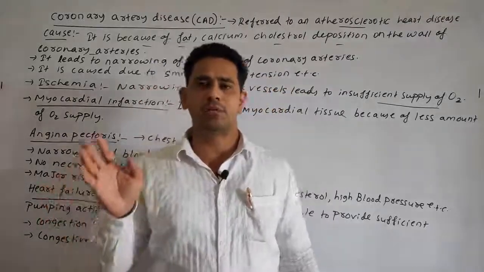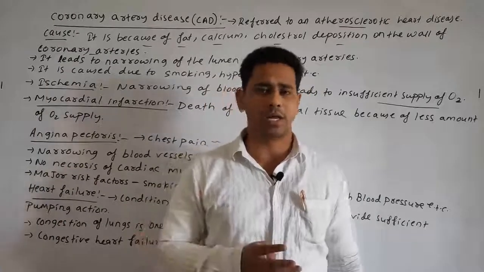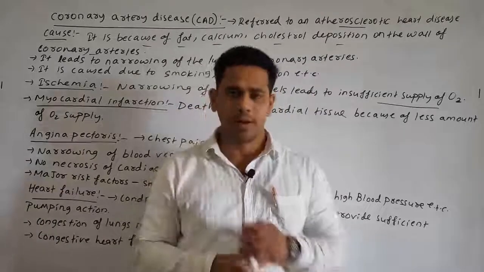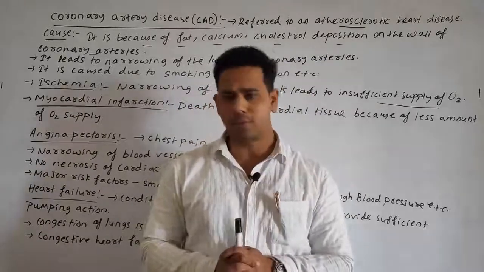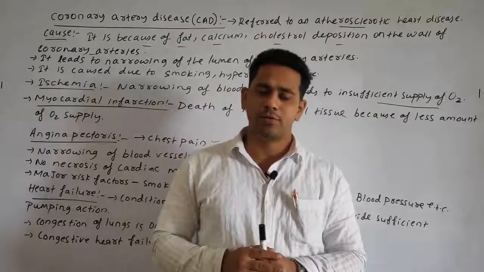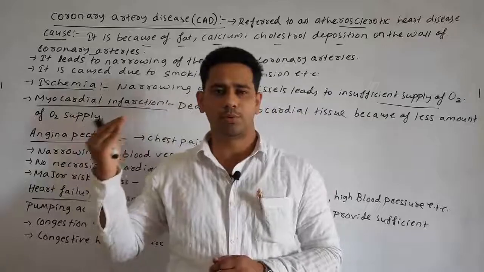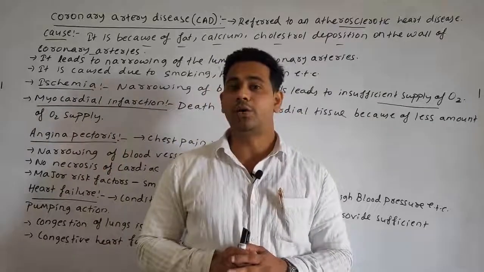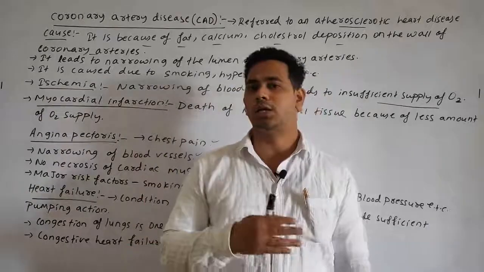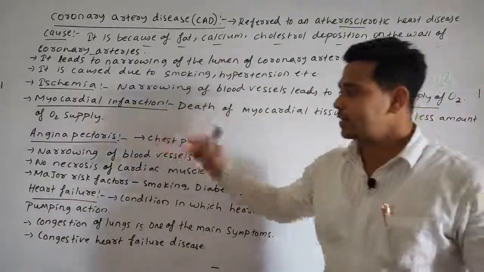Next we discussed some blood related disorders also, in which we clearly discussed hypertension. Normal blood pressure is the ratio between the systolic blood pressure and the diastolic blood pressure, which is 120 to 80 mm of Hg. If the systolic pressure increases up to 140 and the diastolic blood pressure increases up to 90 mm of Hg, then it causes hypertension. Next, we discussed so many other blood related disorders such as coronary artery disease, then angina pectoris, and lastly